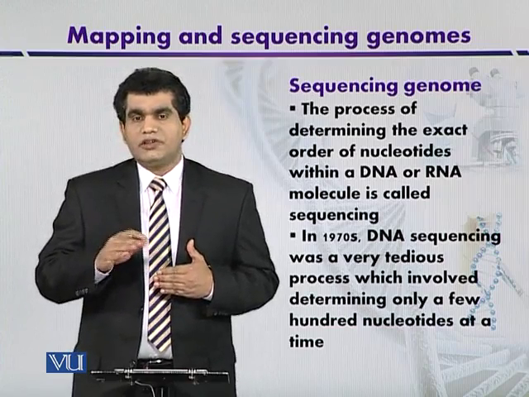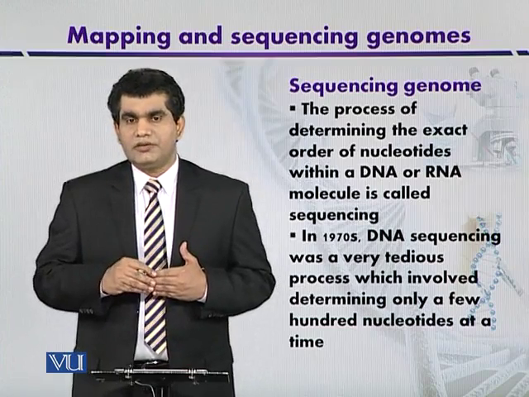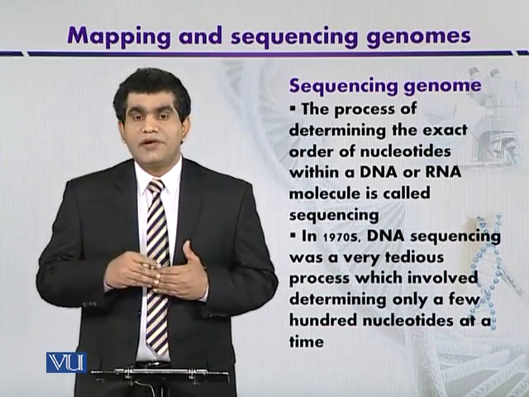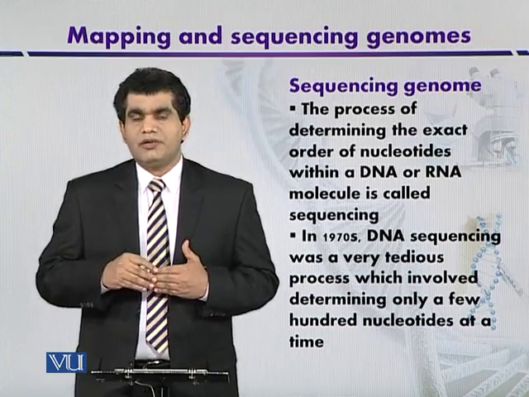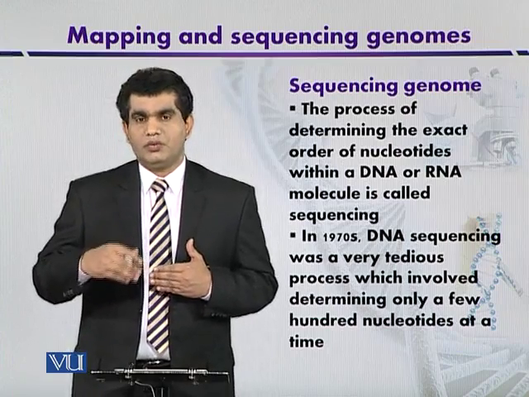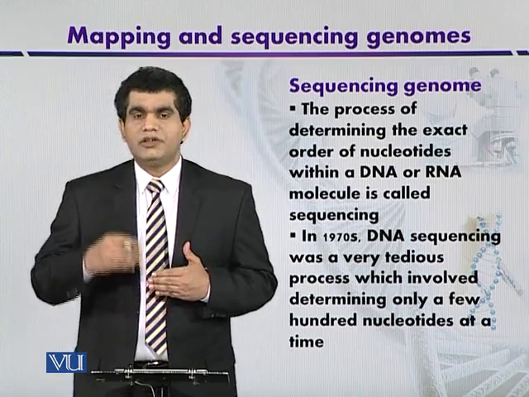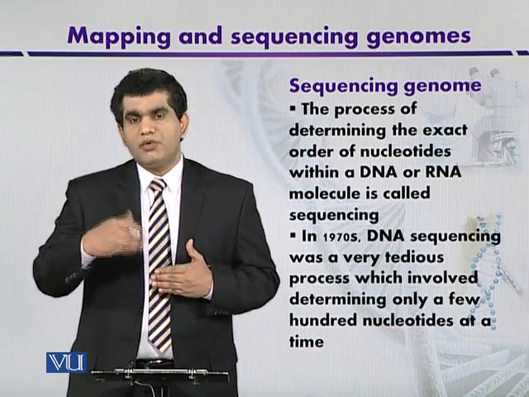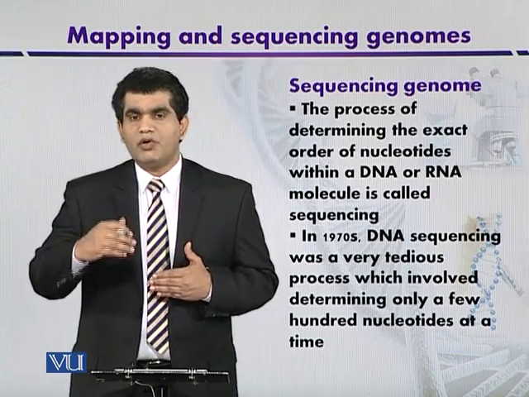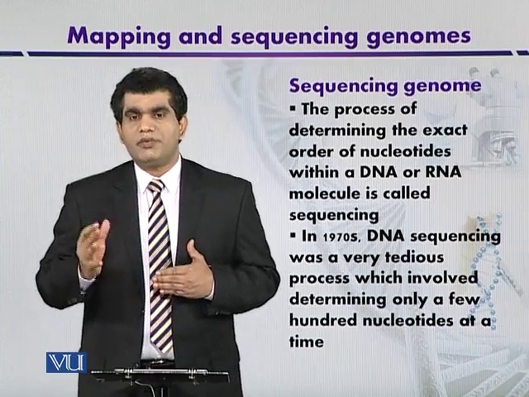So in 4 separate reaction mixtures, whenever a dideoxy base is added, then the chain will be terminated, or chain extension will be arrested. If you remember, this dideoxy base is lacking a hydroxyl group at the 3' end. Because of this reason, it is called 2', 3' dideoxynucleoside triphosphate. So DNA polymerase has the ability to incorporate such dideoxy or modified bases during the extension process. Now what will happen in 4 separate reaction mixtures?